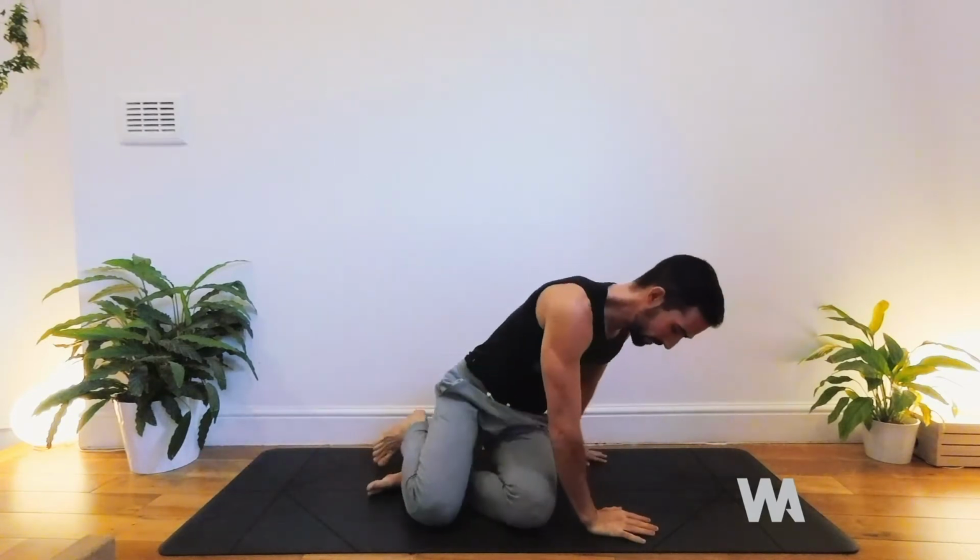And we're going to come around to sit for a moment. From here, cross the ankles or the shins. And if sitting like this is really uncomfortable and you feel your back is really rounded, you could pause the video, get a couple of cushions and prop yourself up so you're sitting a little higher. Also, you can sit on these, but they're kind of quite small to negotiate. Find a comfortable position,